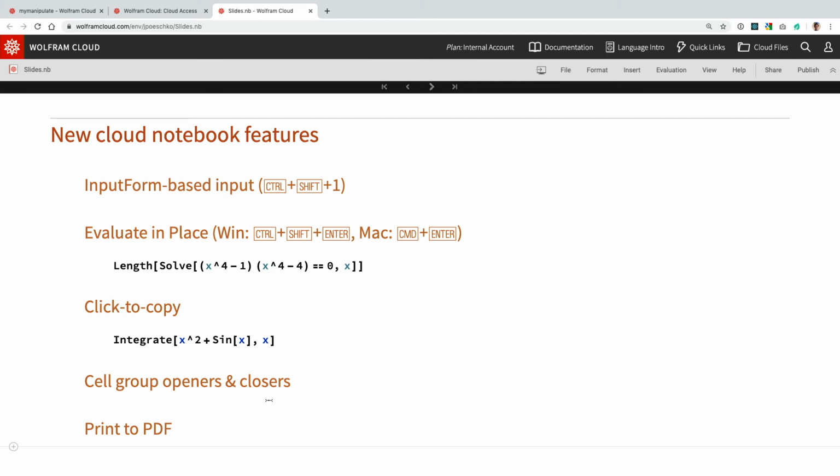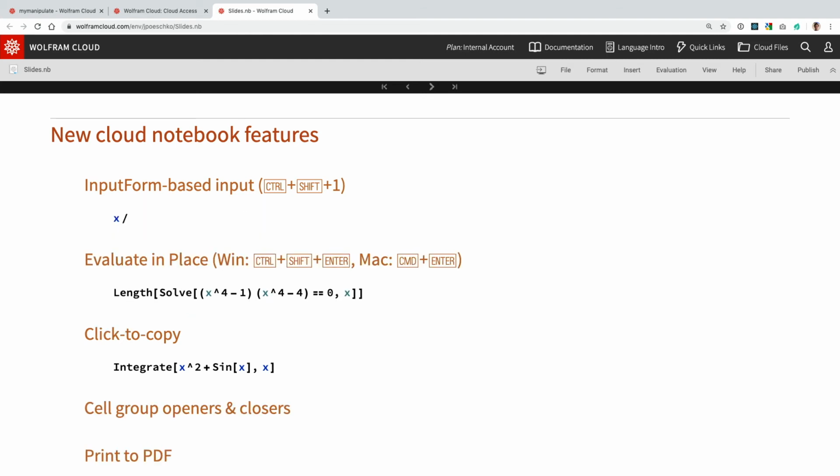So now I just want to go over a few new features that we developed over the last year in Cloud Notebooks. Some of them are just to basically catch up with desktop and what's supported there. Others are actually unique cloud features, at least for now. And this first one is one of those. Part of the motivation was to bridge the gap a little bit between cloud and desktop, because